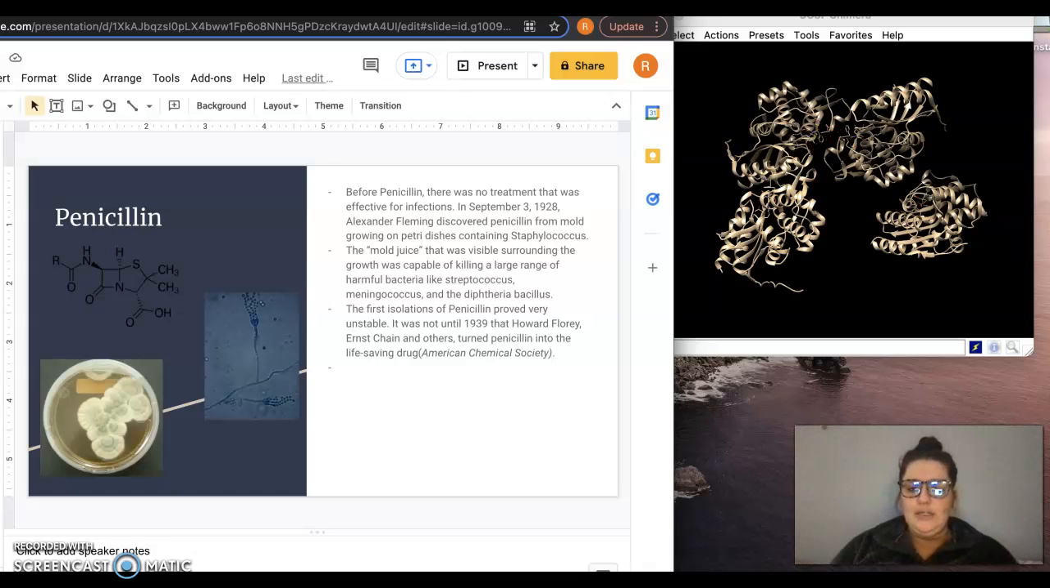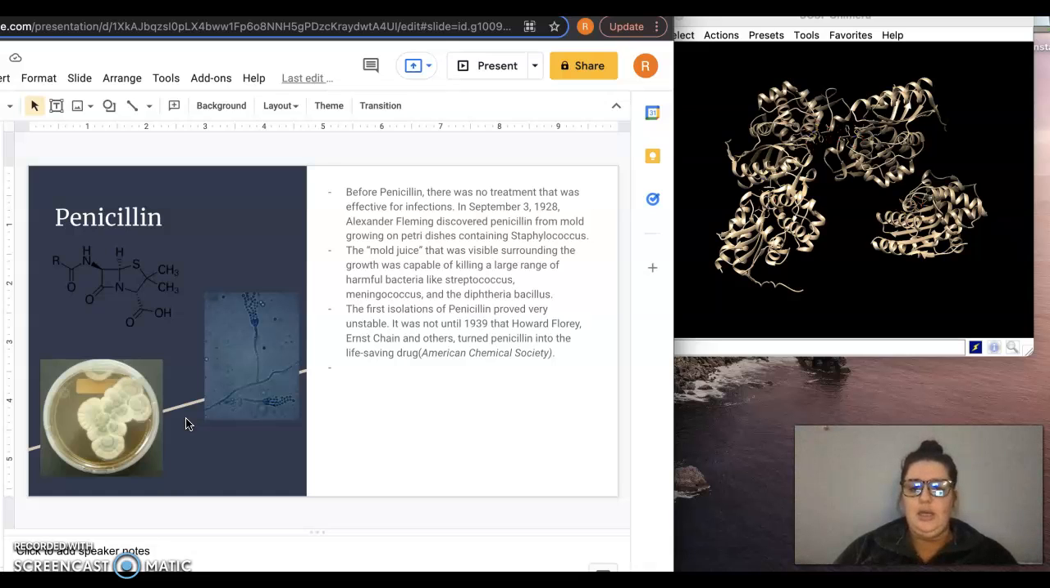So in September of 1928, Alexander Fleming discovered penicillin from mold that was growing on a petri dish that contained Staphylococcus. This picture over here is an example of what the mold looked like, but this isn't exactly the petri dish that he was using. The mold was growing in an area, and the surrounding area where the mold juice was visible, that was surrounding the growth, was capable of killing a large range of harmful bacteria like Streptococcus and Staphylococcus,